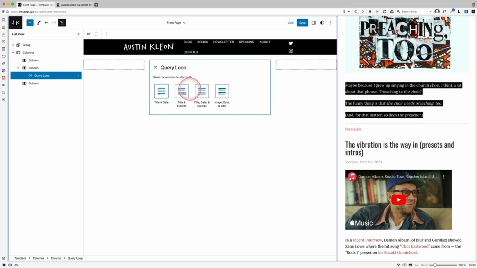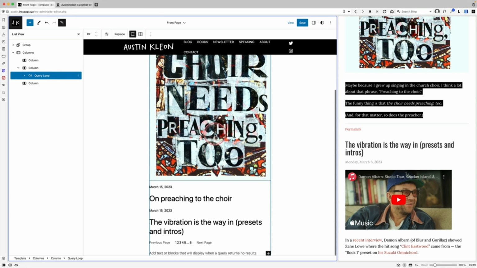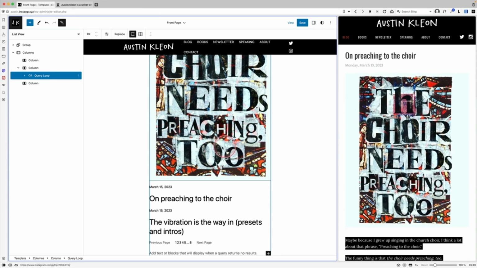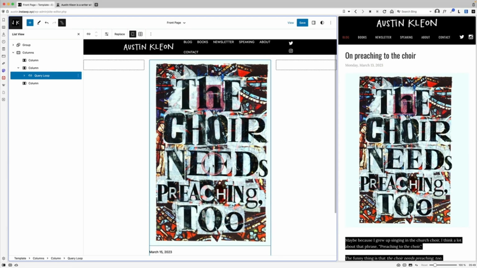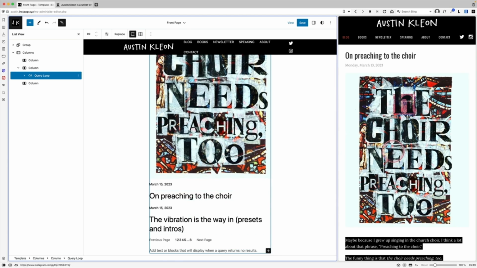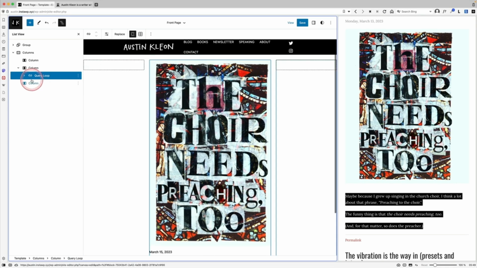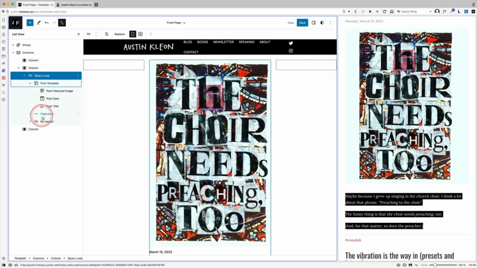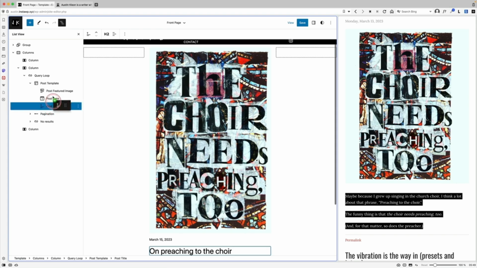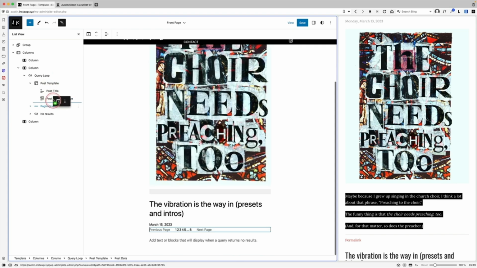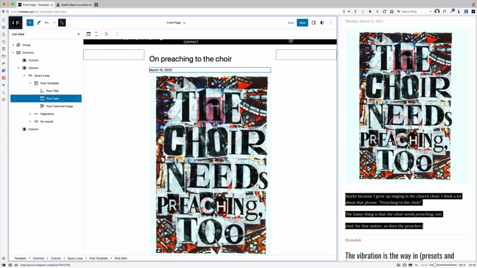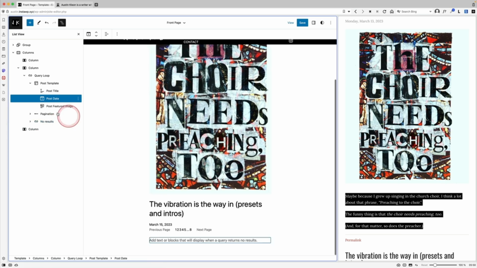You can amend all of these anyway, and probably this one here is the closest, we want an image. And there we go, we've got an image, and we've got the date, the post title coming in. It's not quite right though, because in the Austin Kleon website over on the right, we've got the post title, and then we've got the post date, and then we've got the featured image, then we've got the content, whereas in ours it's not quite right. But we can jump in here and we can just move these around. So let's check the post title at the top, post date underneath it,